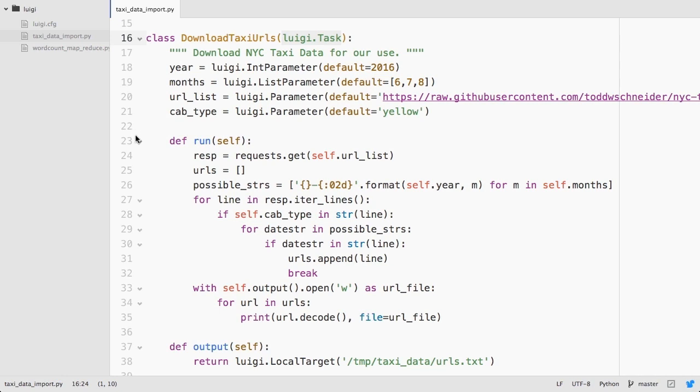So if we look through this run method, we are first making a request to our URL list. This is our parameter set up before. Then we're going to make a list of possible strings, which takes a few of our parameters. And then we're going to iterate over different lines, and we're going to match these possible strings with our cab